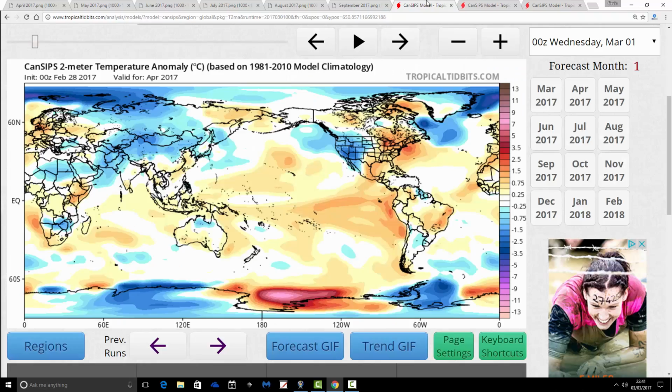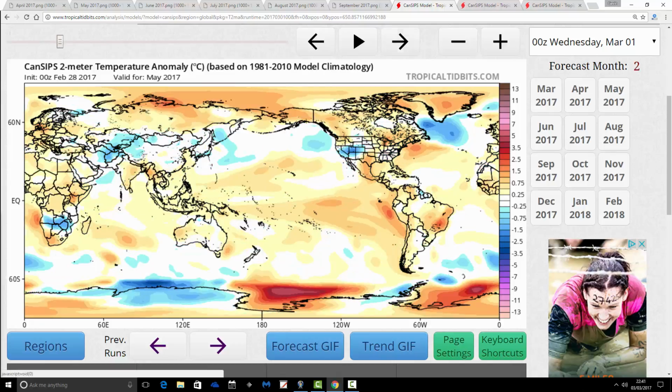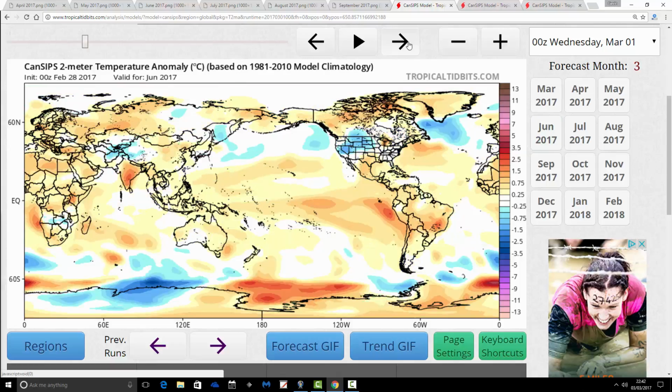Let's see whether my interpretation is backed up by the temperature and precipitation anomalies. So we're coming back to April, and this is the temperature anomaly from CANSIPS for April. We're coming out with a milder or warmer than average month in April. Let's move through into May, and that is also coming out with above average temperatures. Both of those months looking really quite decent. A lot of high pressure around, so hopefully fairly dry and fairly warm temperatures coming through as well.